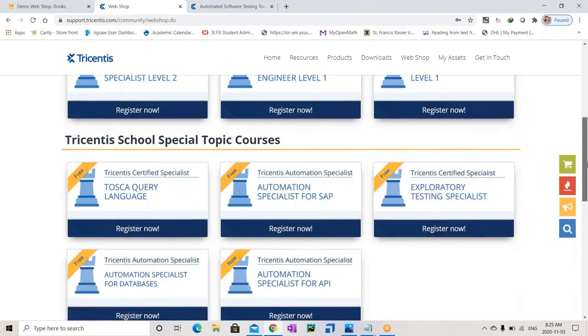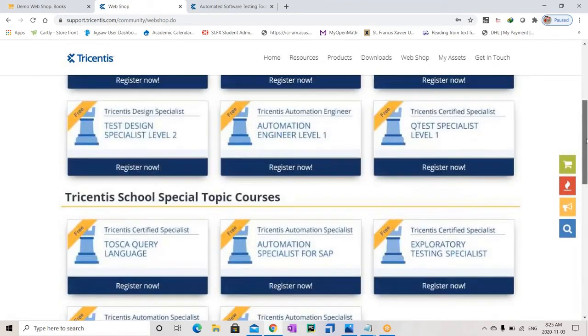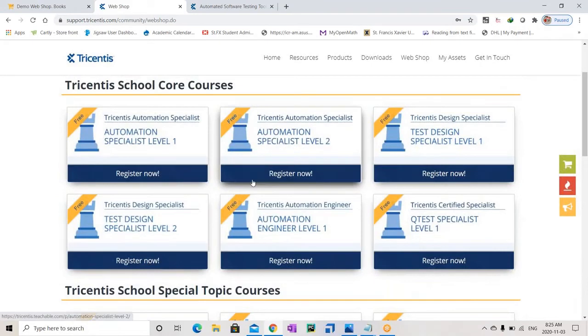They are offering all these free of cost only because of the COVID situation right now. Earlier they used to offer only AS1, Automation Specialist 1, and Automation Specialist 2 for free. And I completed Automation Specialist 1, 2, and Q test as well.